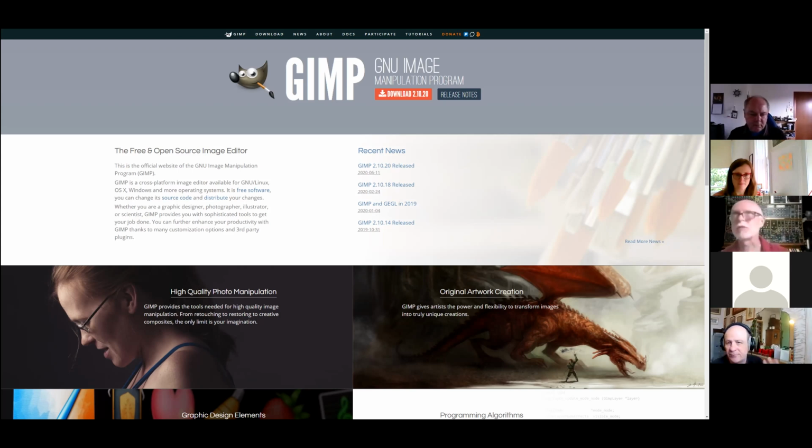And yeah, it's fully functional. It's got pretty much everything that you would want to do. It does the same sort of things as Photoshop does. Photoshop will probably do more and try to do more for you. But you could just search for GIMP and download it and install it as you would install any